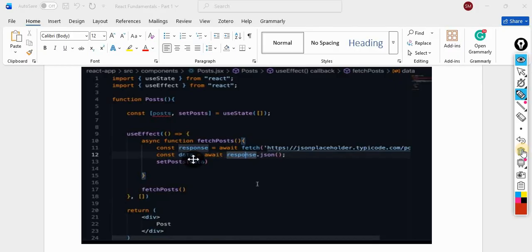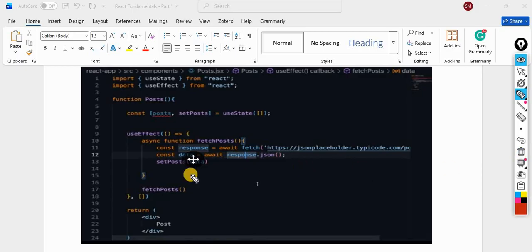So we are waiting for the response. Once the response comes, we convert it into JSON. It may happen that the response is already in JSON, but we require the data in JSON format, so we convert it. Once the data comes, we need to update our state.